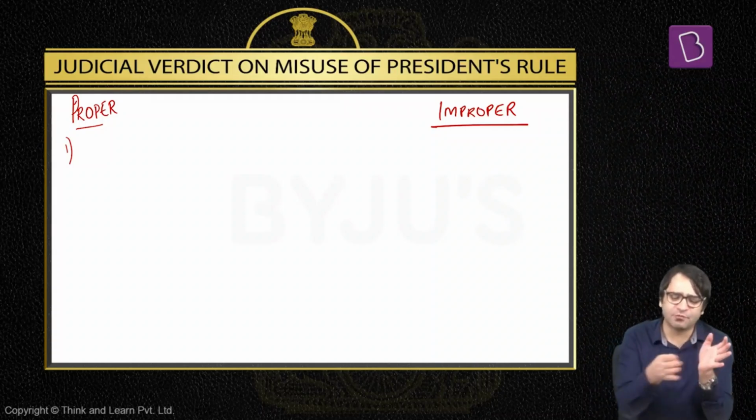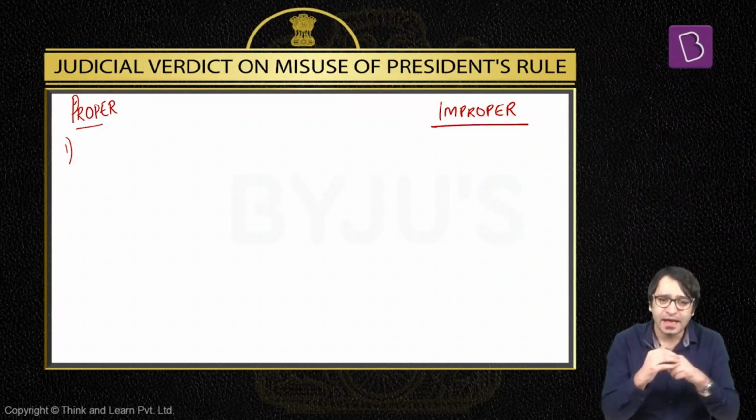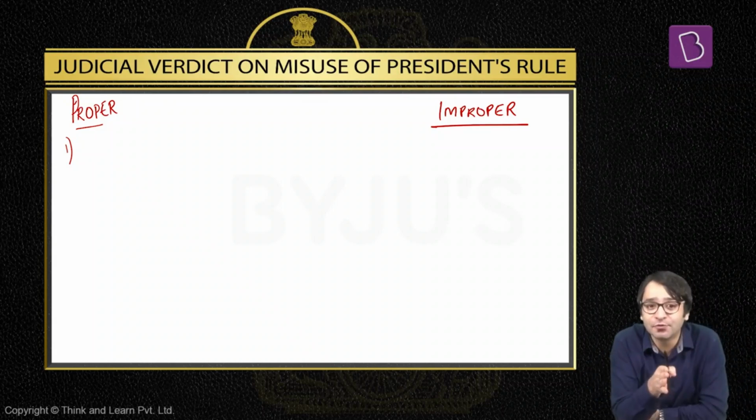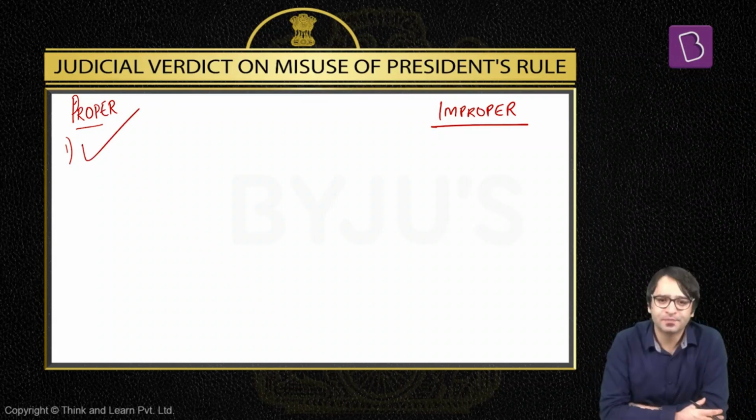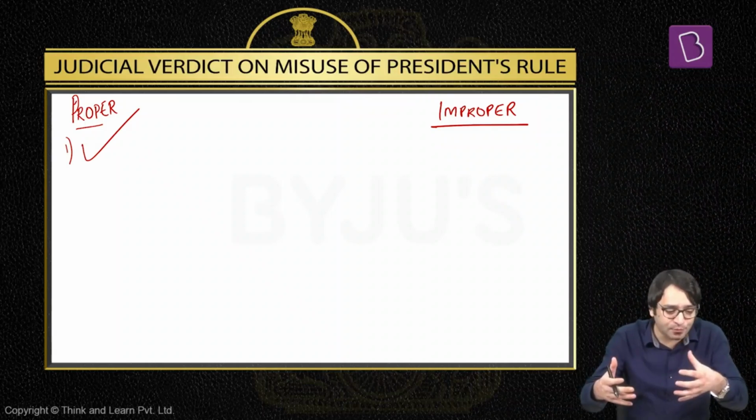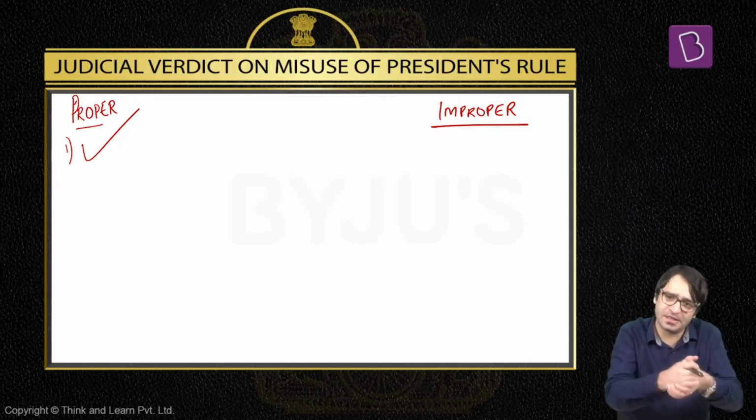Which basically means after the election, there was a hung assembly. Hung assembly, no political party on its own forming the government, and no other political parties coming together to form the government, which means there is breakdown of constitutional machinery. This is a fit case of President's rule. After the election, no political party has the majority. No political party is in a position to form a coalition with another political party, which means there is breakdown of constitutional machinery. This is a fit case of President's rule.